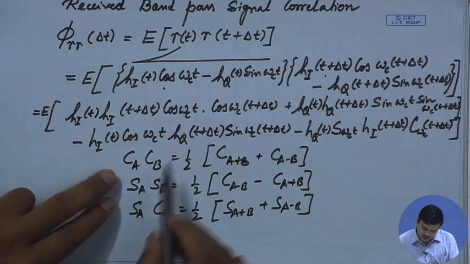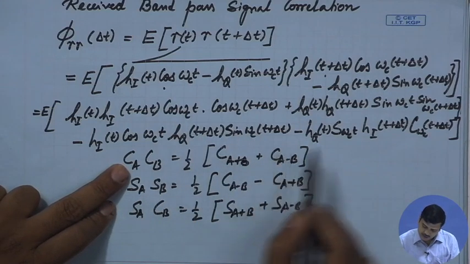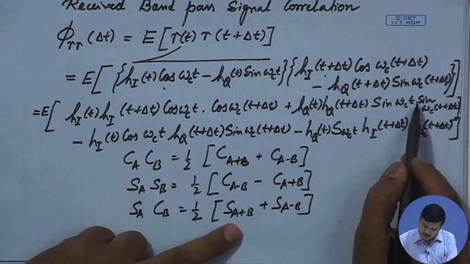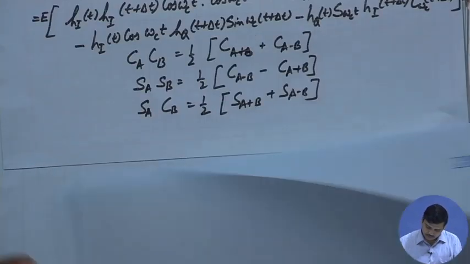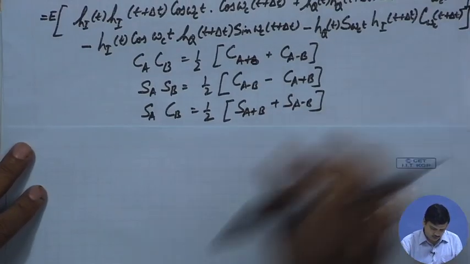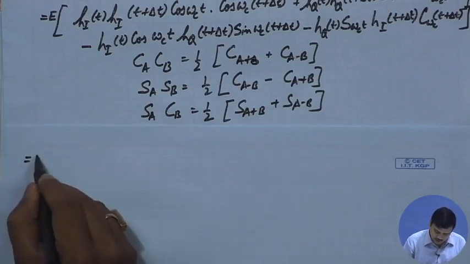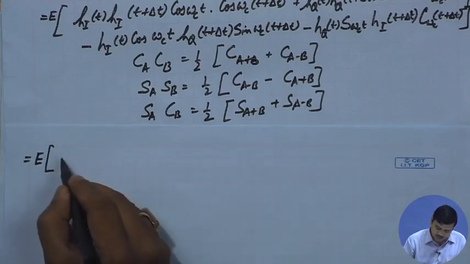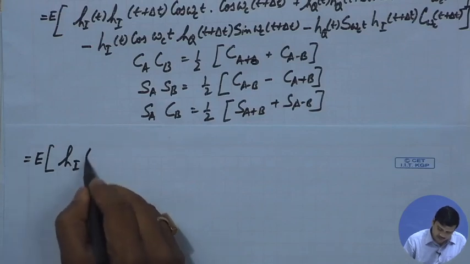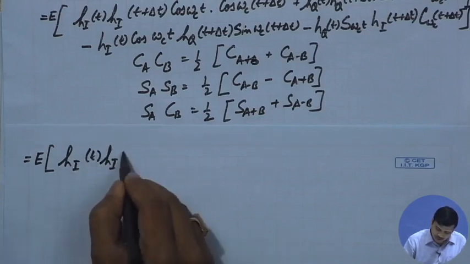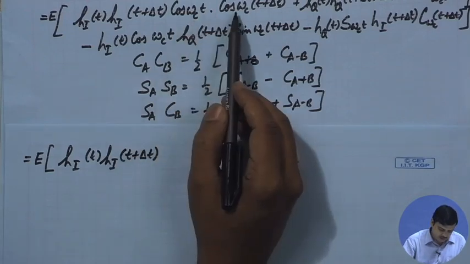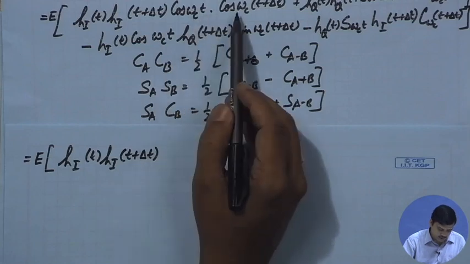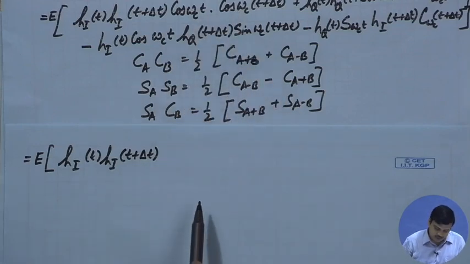So using these, like we have cos a cos b, we can apply this expansion, sin a sin b, we can again apply this, and so on and so forth. We will be able to reduce this expression. So as we go ahead with this expression, we would still keep the E operator. So we have h_i of t, h_i of t plus delta t. So we have cos a cos b. So we are going to reduce these expressions